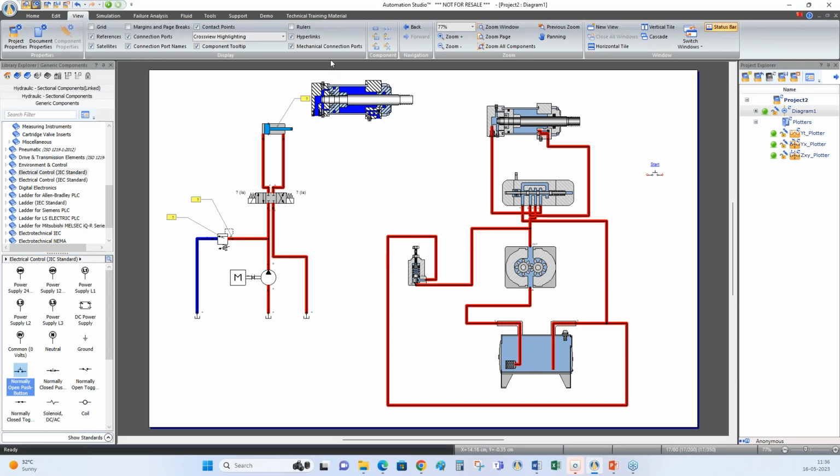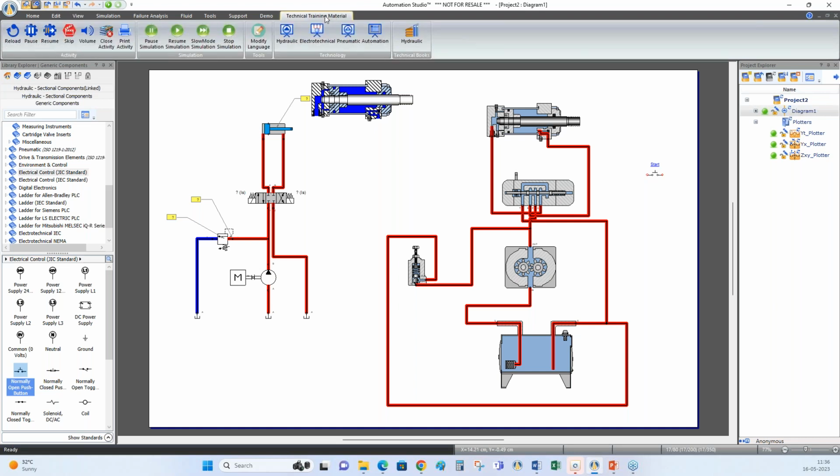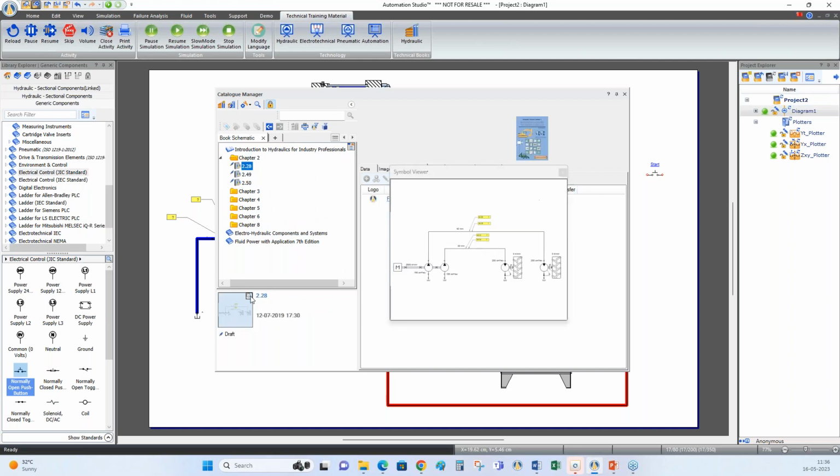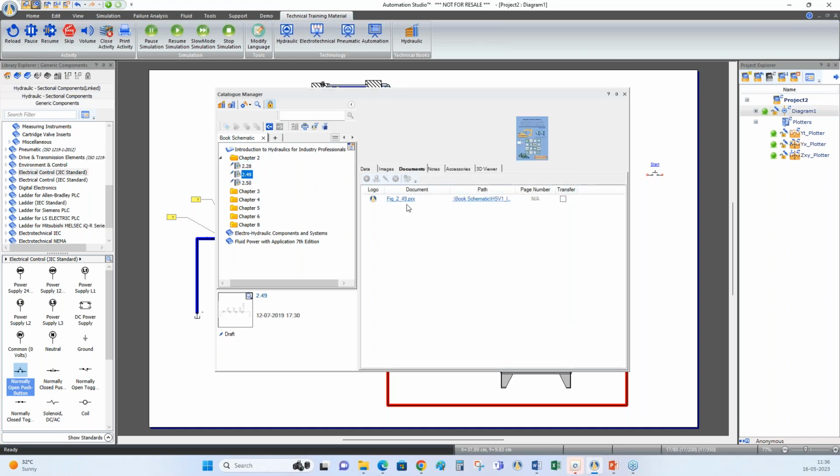Then, as mentioned, there are some technical training materials available with Automation Studio. For example, here is a section called Technical Books of Hydraulics. If I click here, different chapters of three hydraulic books, the world famous books, Introduction to Hydraulics for Industry Professionals, Electro-Hydraulic Components and Systems, and Fluid Power with Applications, 7th edition, are added in this book schematic catalog. Here, if you magnify this, you can see the circuit available in a particular chapter example. Similarly, if I open this,